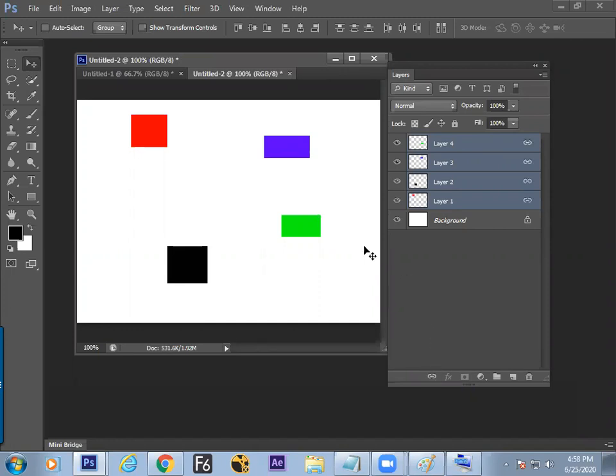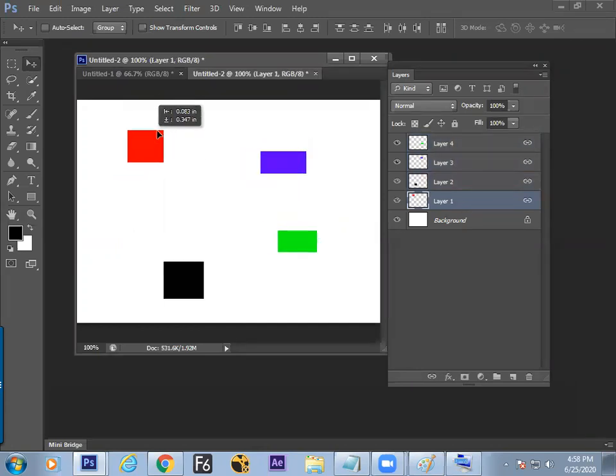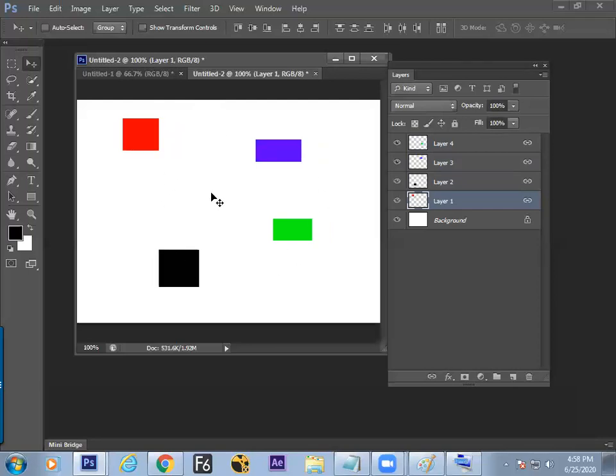Click over there, then the layers become connected to each other. Once they are connected, if you move any one, then it moves all together. So step 2 is to link it up.